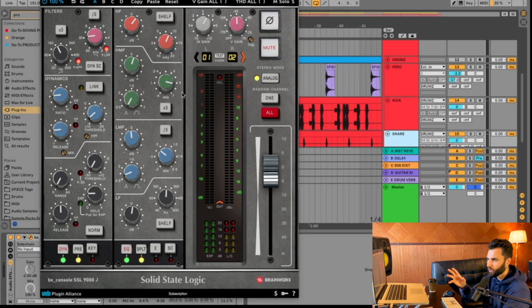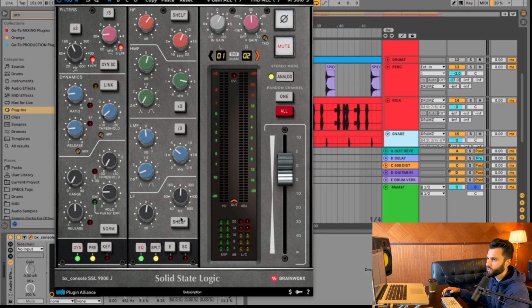Even though you see the pan pots and all that stuff moving a certain direction, it's not as intuitive as if you were to actually see the graphical interface like you would on some of these other more popular EQs or stock EQs built into DAWs. So let's just focus on the EQ section here. And I am using some of the other stuff, the filtering, the compression, and all that stuff. But the EQ here is really important.